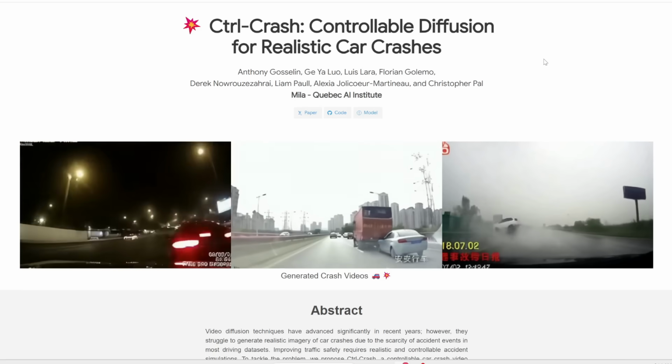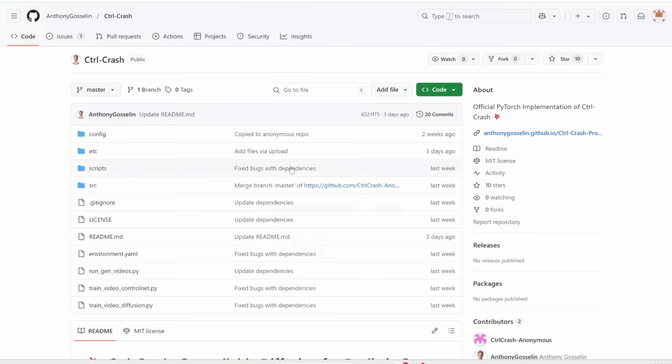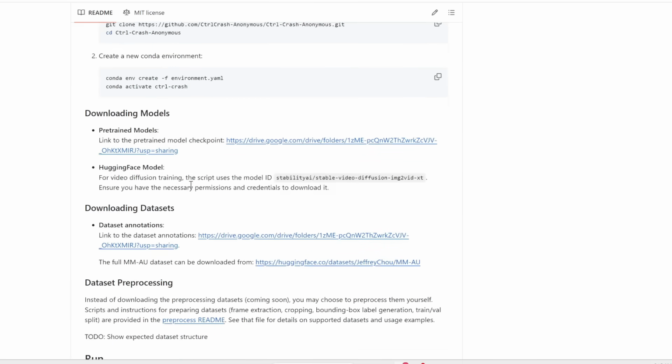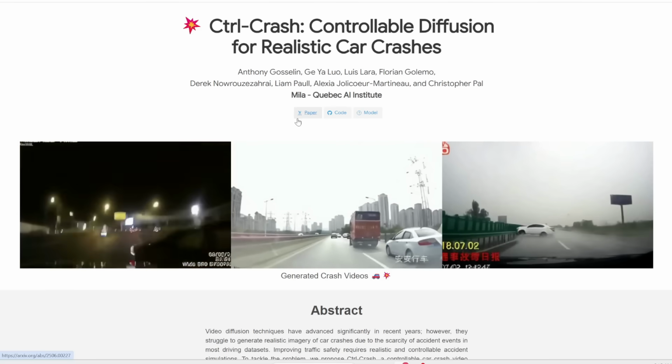Anyways, the nice thing is they've released everything already. So if you click on this GitHub repo, it contains all the instructions on how to download and run this locally on your computer. Anyways, if you're interested in reading further, I'll link to this main page in the description below.